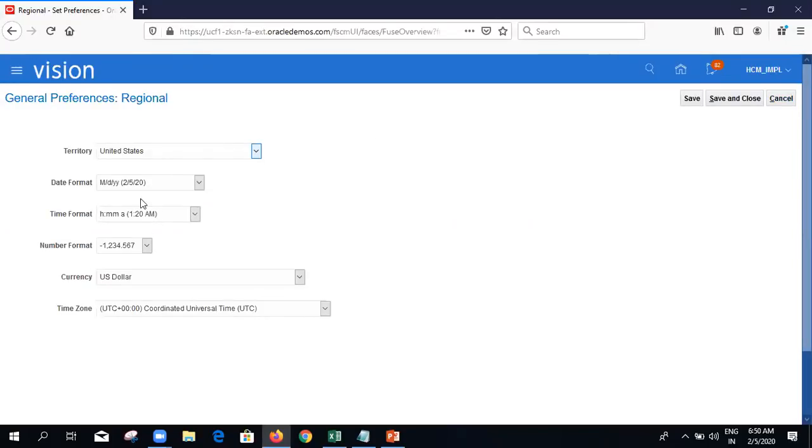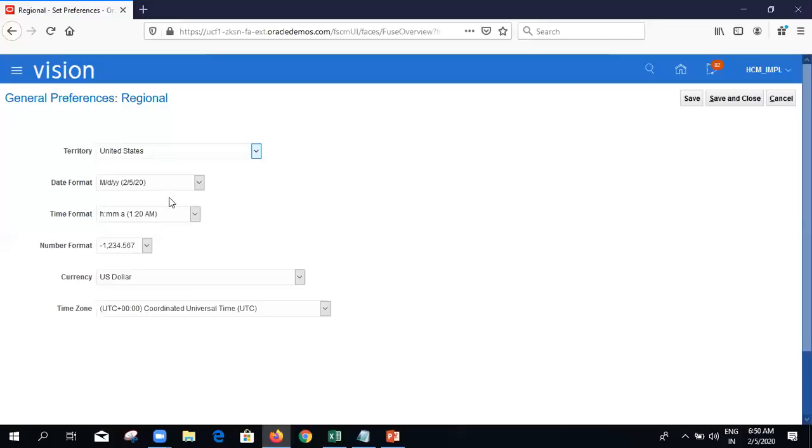But here we have to keep one thing in mind. When you are changing the date format and time format, we have to be clear, because in the system there will be certain processes running. It might be a report or extracts or anything. In building the report, using queries, you might be using a format for time and date to pull the information.